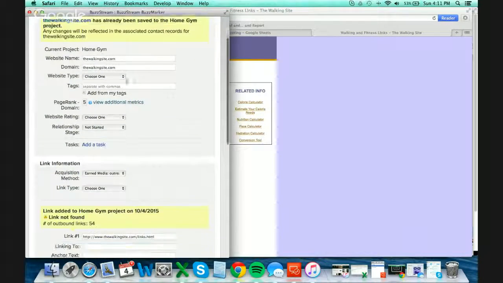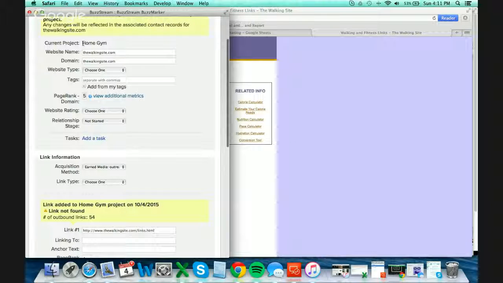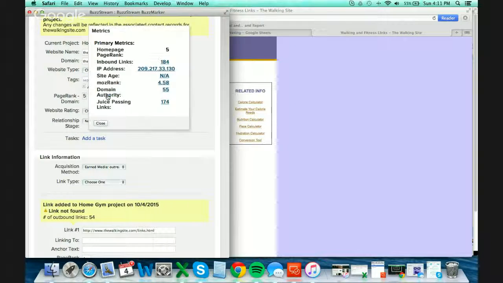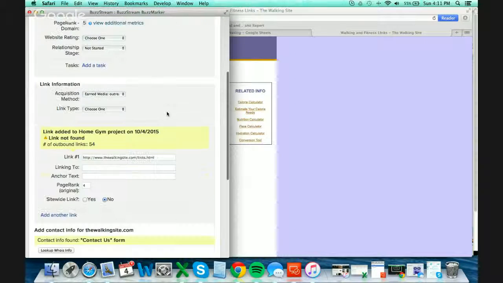I'm just going to show a little bit of information about this. It gives you the current project that we're working on, which is obviously home gym, and pulls the metrics for the site. So it's got a page rank of 5. You can also view additional metrics. There are 174 juice passing links to it, page rank of 5, domain authority, Moz rank. That's all good stuff to have. And then